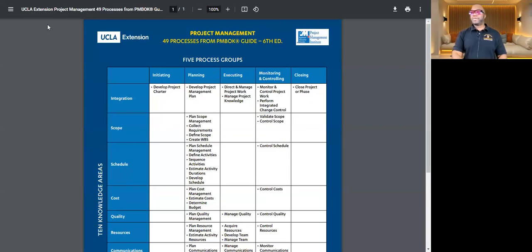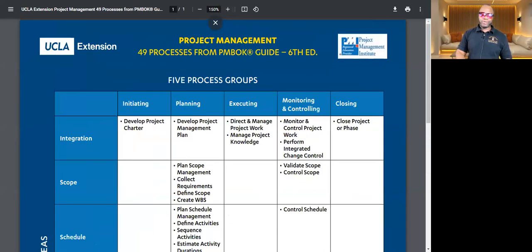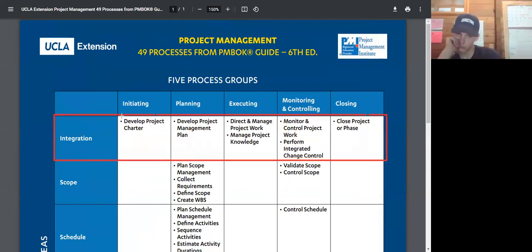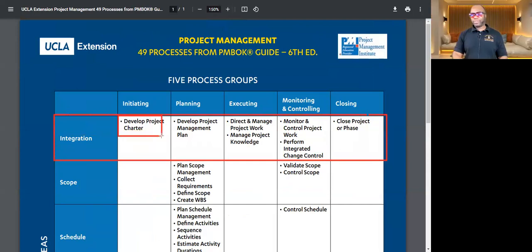All right, so this is our final run-up and guidance for the CAPM, how you need to study. So you need to know the finite number and details of processes in every knowledge area. So in integration, you got to understand the flow. We've talked about that. You develop the charter, then the plan, then you're directing and managing the project work based